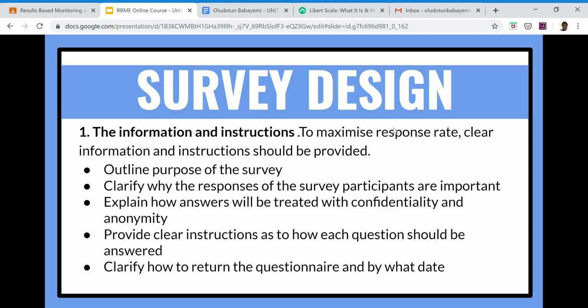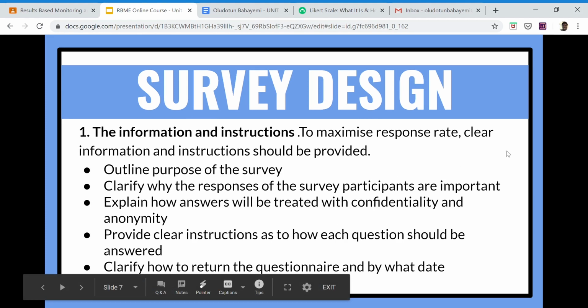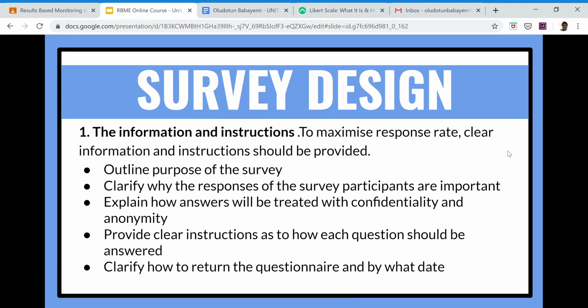In order for you to maximize that, you think about the outline of your survey, which includes adding in the purpose of the survey. Yes, you need to state that in a way that is appealing and also convincing. So you need to outline the purpose, that this survey is actually meant to do ABC,